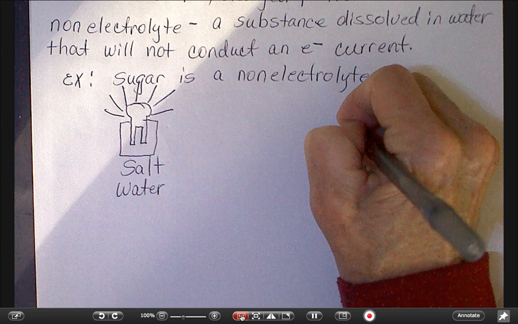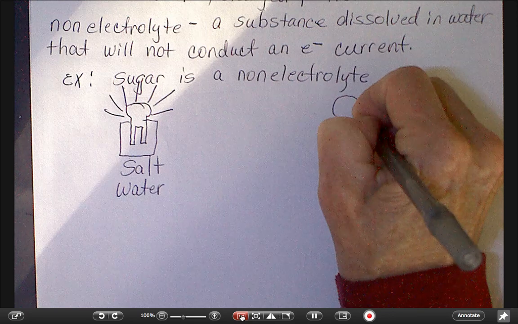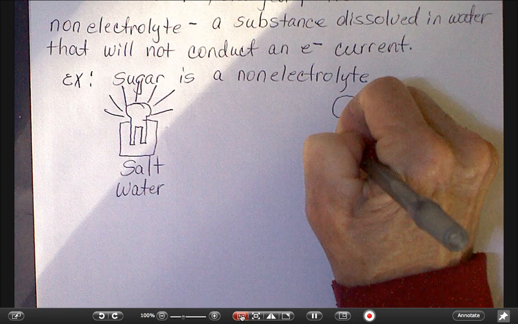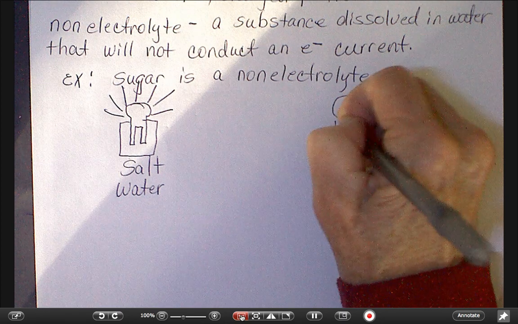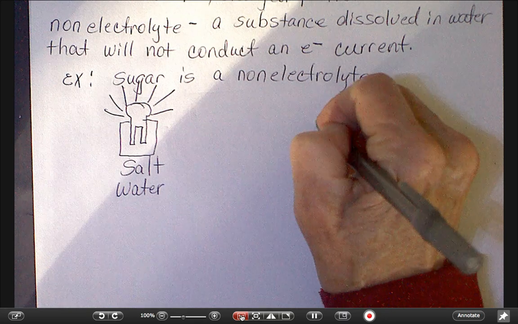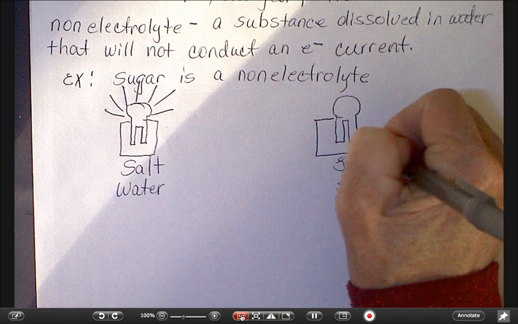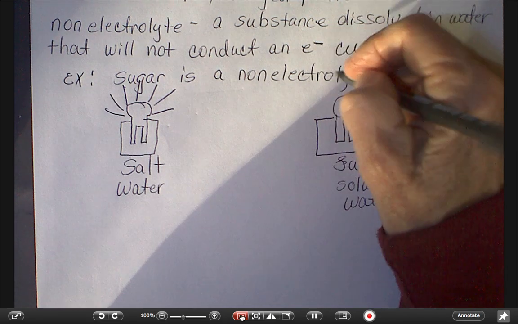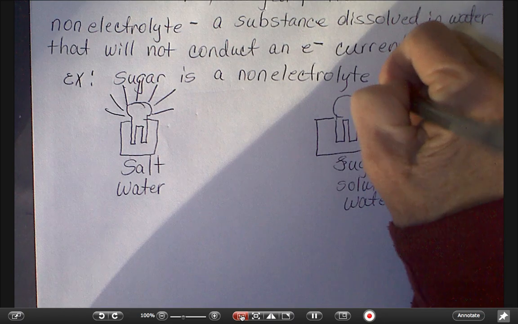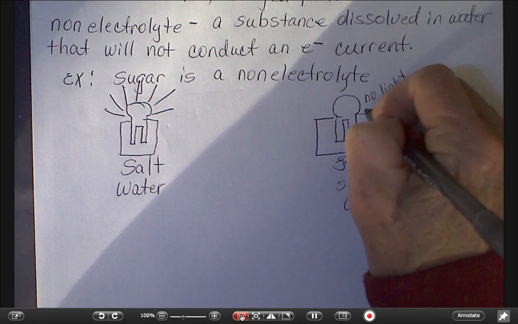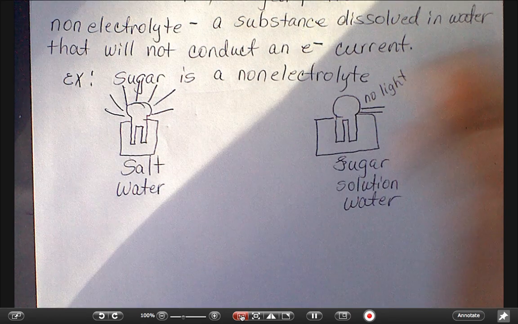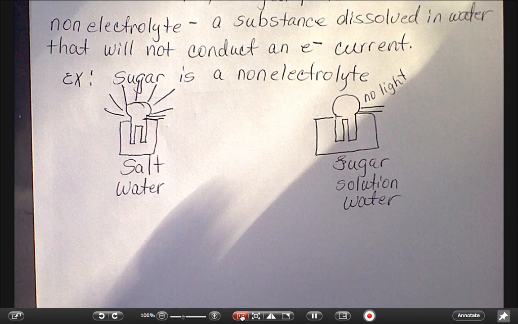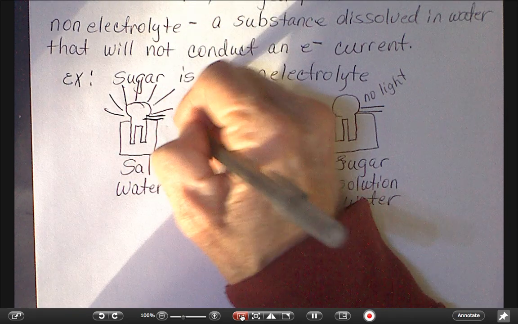All right, we're going to do it again over here. Draw your light bulb. Bring your electrodes down. Your container of sugar water. Okay? No light. And you do have an electrical source coming in here. You've got, so to speak, wires running into this apparatus here like so. So these lines are your wires.